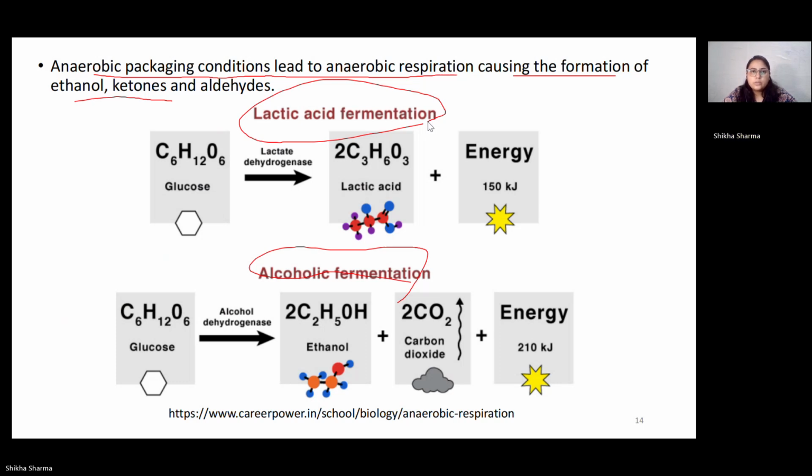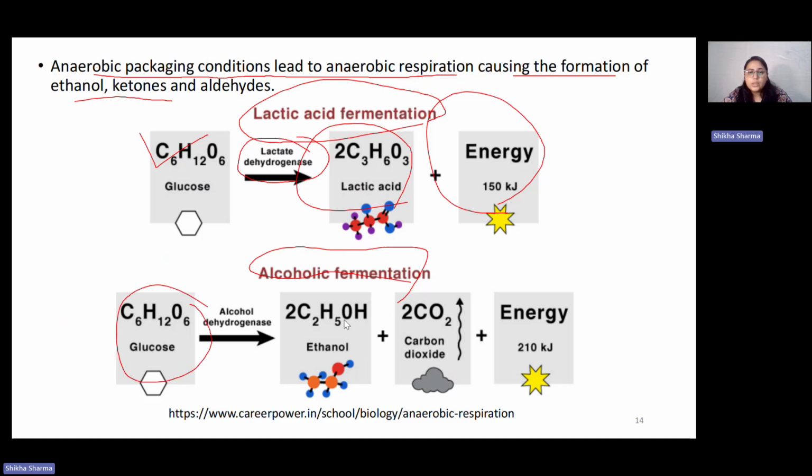These glucose will be consumed, and suppose lactic acid fermentation is happening, so glucose will be converted into lactic acid and energy, and the enzyme will be lactate dehydrogenase. In alcoholic fermentation, the glucose is converted into ethanol, carbon dioxide, and energy, and alcohol dehydrogenase enzymes will act. So these are all the